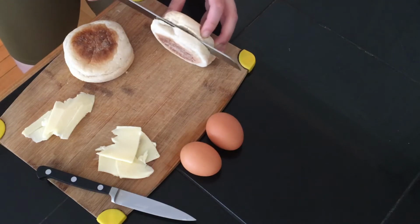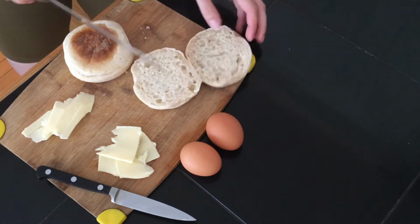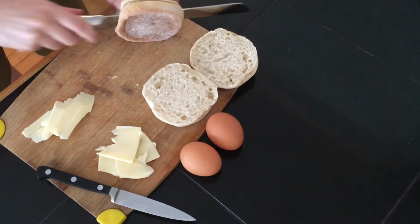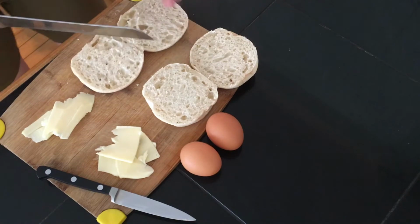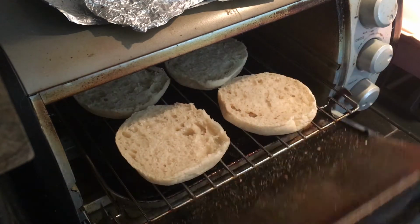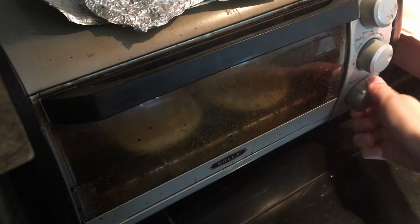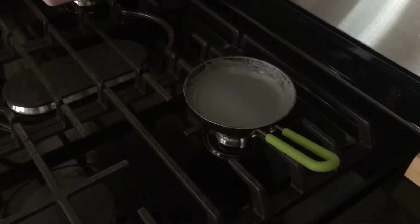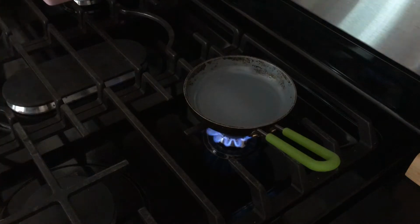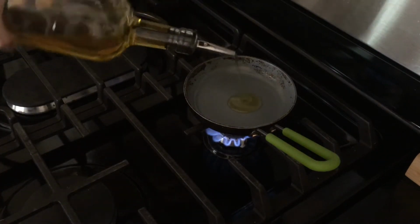So I've already cut some cheddar cheese that I'm going to use, and now I'm just using my serrated bread knife to cut these two English muffins in half. I'm going to pop the English muffins into my toaster oven and set them on to toast at about 400 degrees. Now I'm putting on a kind of medium-low heat on a small burner on this little miniature non-stick pan,